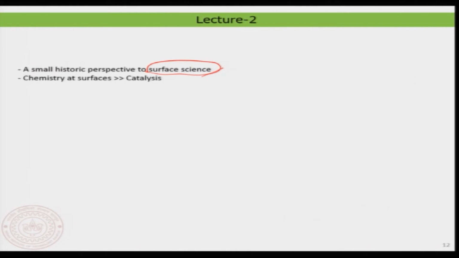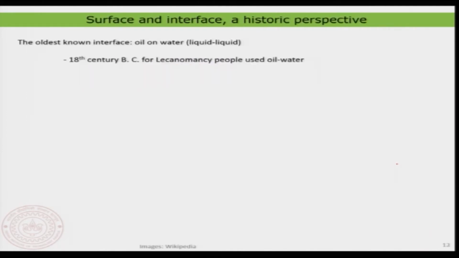While we discuss this, you will also come across an important aspect of surface science, or surface chemistry indeed, which is known as chemistry at surface, or majorly known as catalysis. So, we will also have a look at the important beginning part of catalysis during this historic perspective. Well, the history of surface and interface starts from many centuries ago,